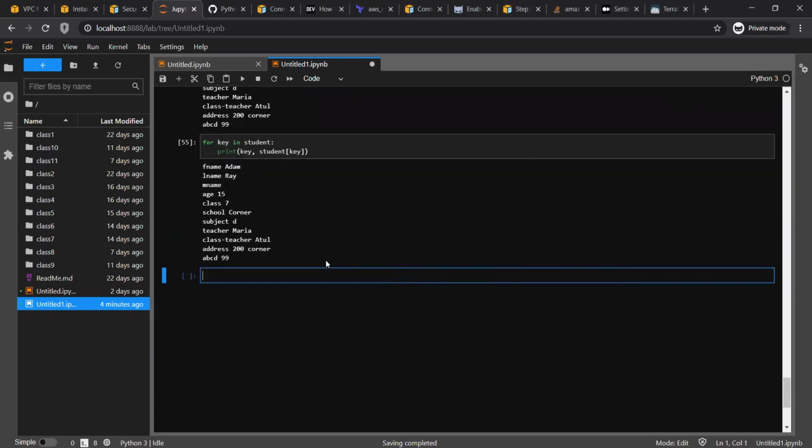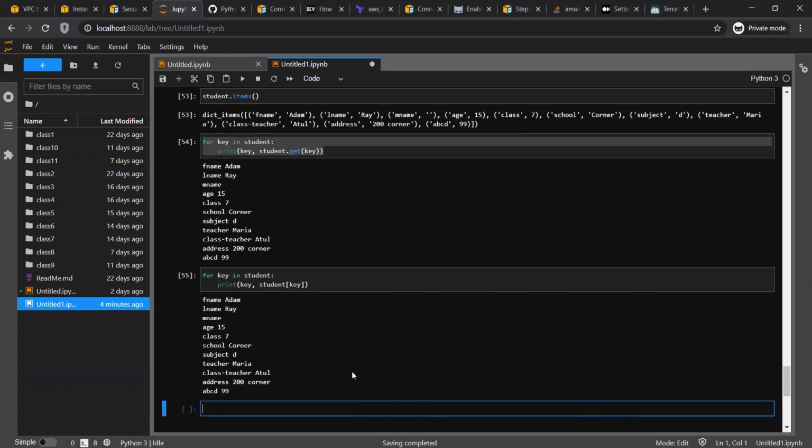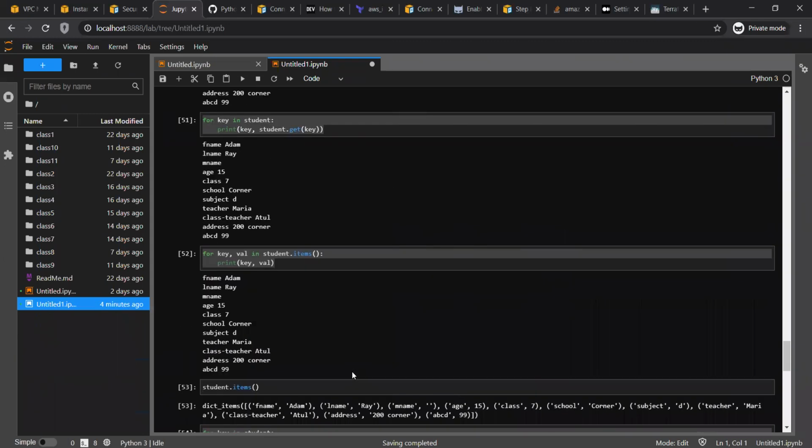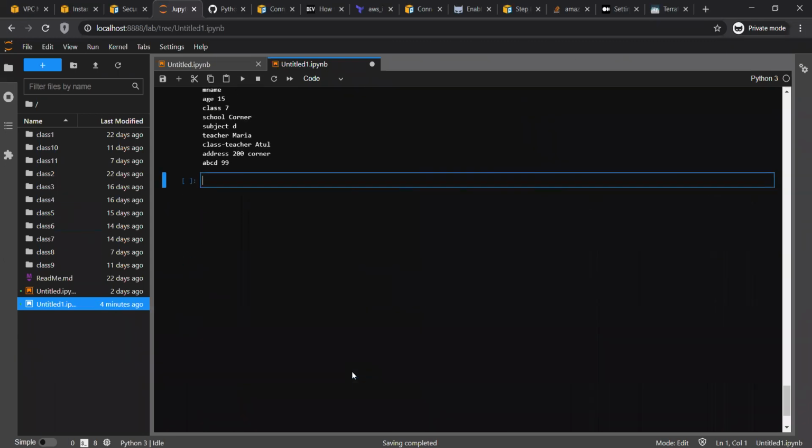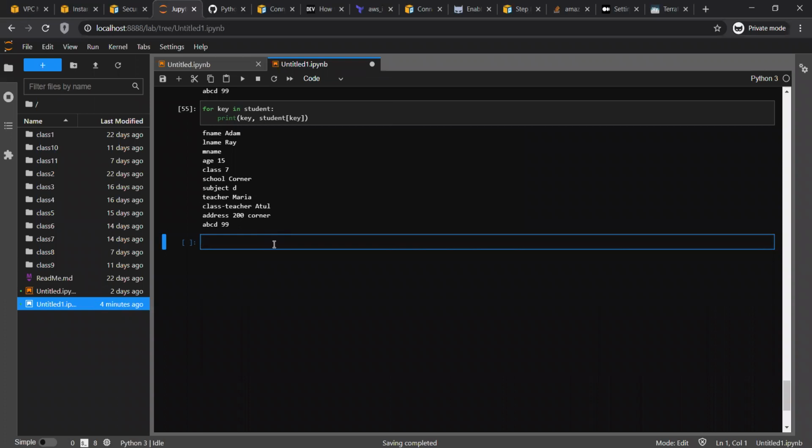Okay, so let's see an example. Suppose this student is a dictionary behind the scene, and I wanted to write a quick, small program. So let's say name equal to input, enter the student name.